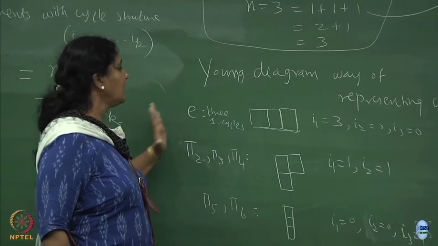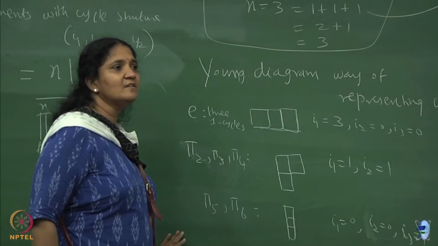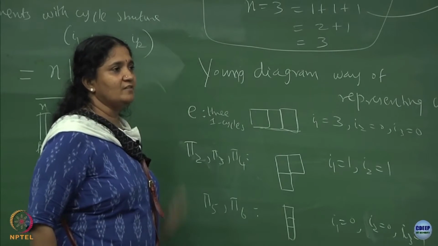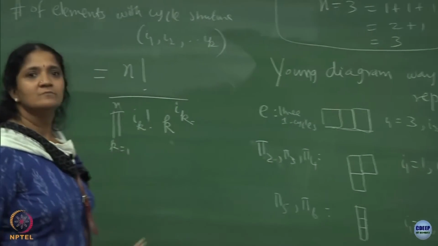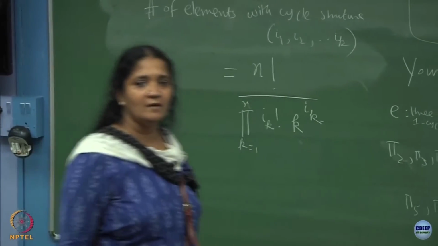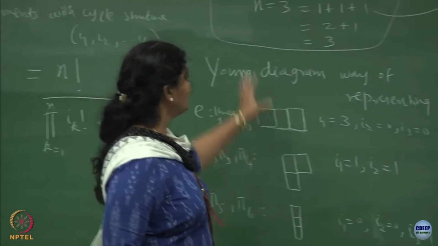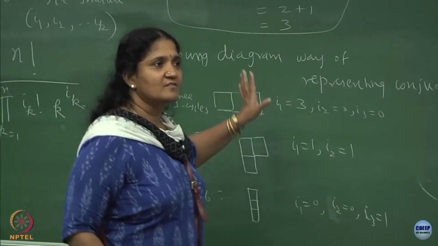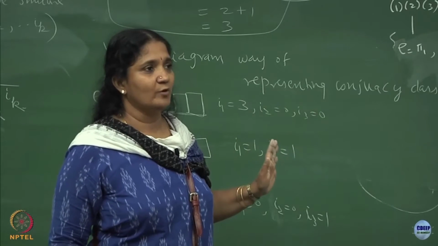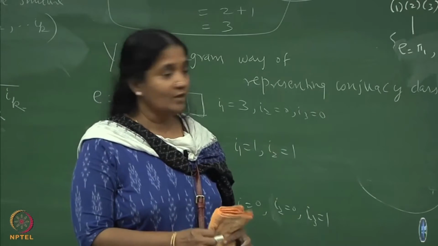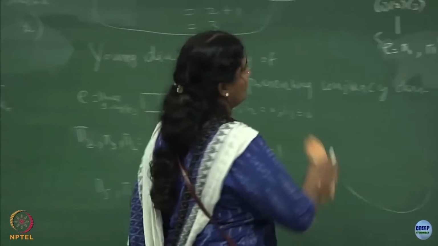So, there are only 3 distinct conjugacy classes for the symmetric group of degree 3. Is that clear? No? Yes? Fine. So, this is a simple example, but this generalizes to arbitrary degree n, where there are n factorial elements. Okay. So, as an exercise,